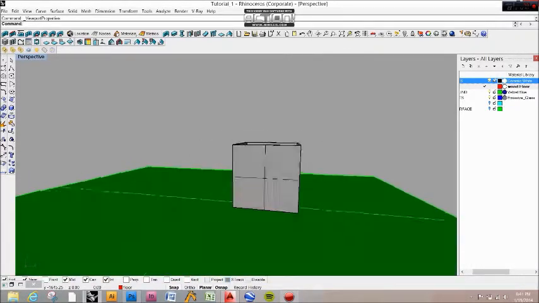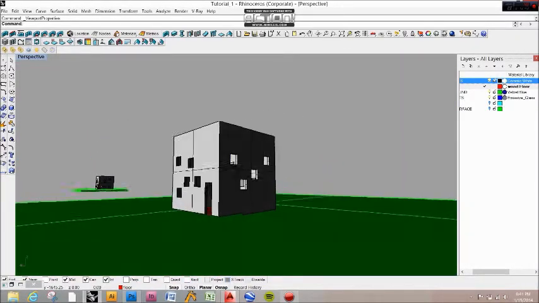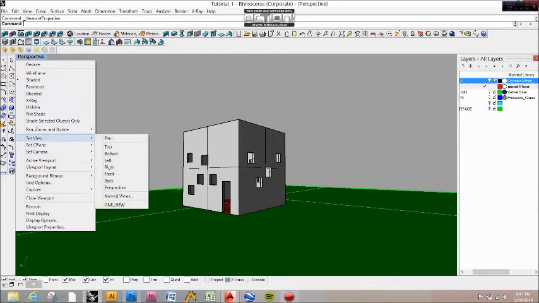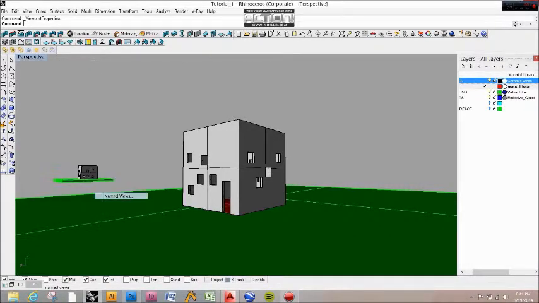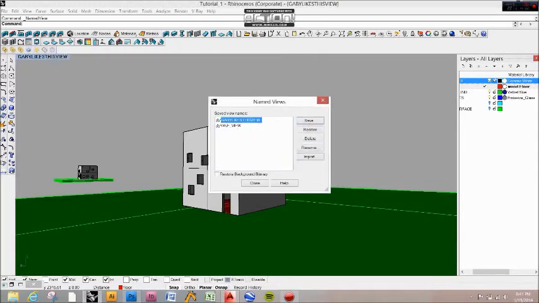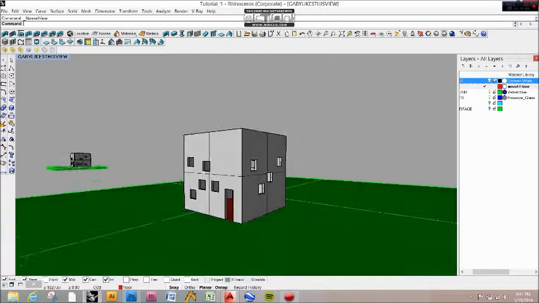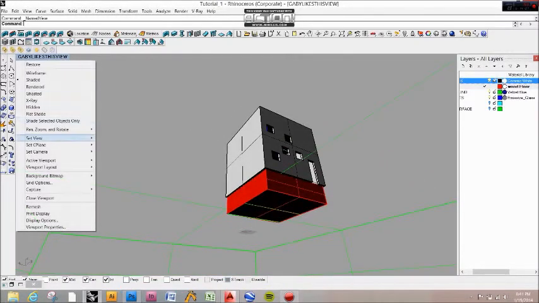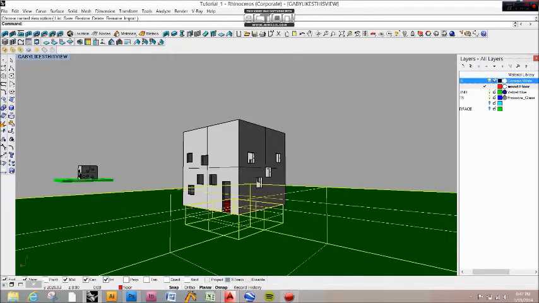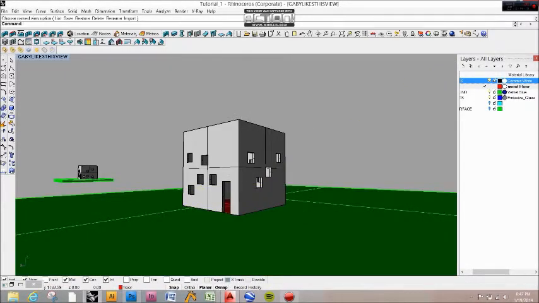Then you look around and you say, okay, this is the view I want. You hit perspective, set view, and you go to named views, and you save it. I'm gonna call it Gaby likes this view. Sure, that's my view. So anytime I get out of it, I can just go back to it. Boom. So I can